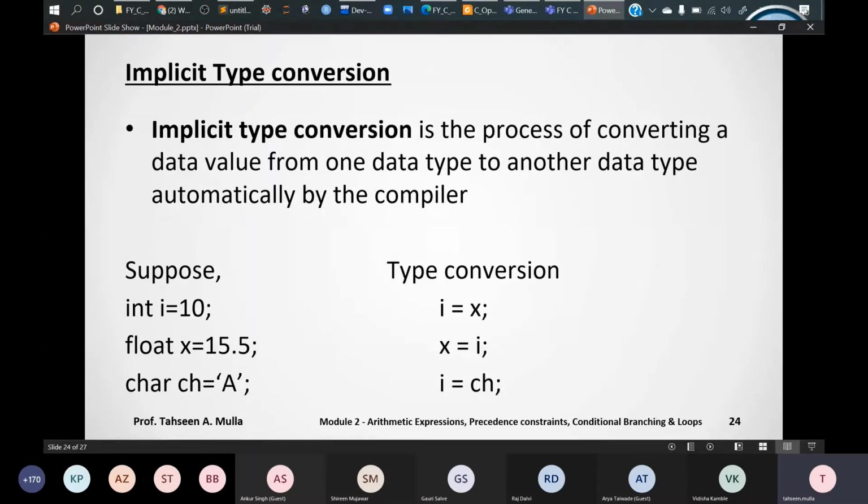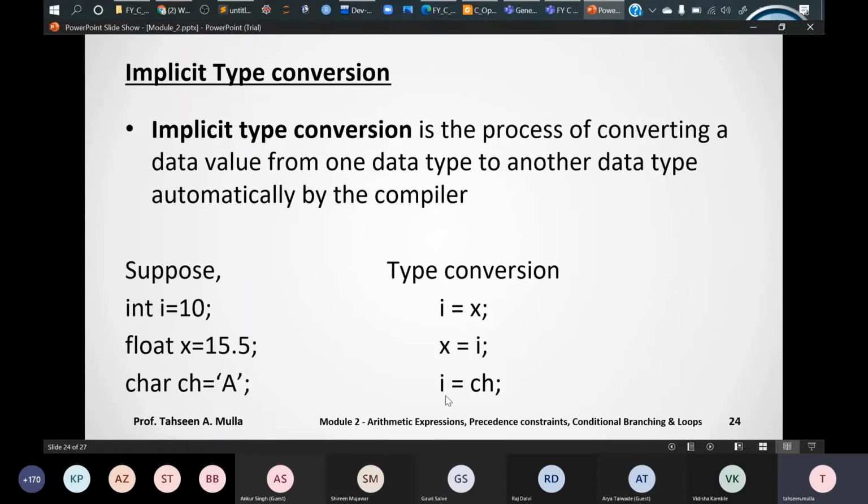So i equal to x, here x value will be 15.5, which is converted to 15 and assigned to the variable i, whereas x equal to i, here value is 10, which is converted to 10.0 and assigned to the variable x.